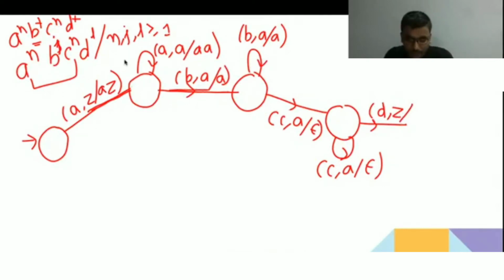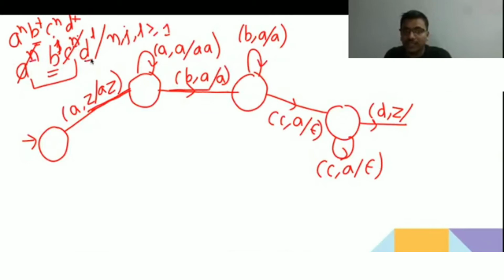Inserted a means I have pushed a for whatever number of a I got. Then I got b. Then top of the stack was having a. I have just replaced with a because for this I don't need to do anything. Okay. Then c will come, then the stack will have a because for b I have not inserted b. I popped for whatever number of c I got, I replaced A. So for C, I replaced all A. Whatever number of, because the power is same, it means same number you have got.